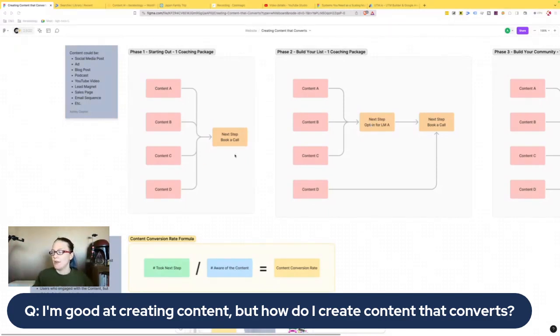So the core thing is that one step only. There's a reason why I'm not saying, hey, download my lead magnet or book a call, because it's like, well, which do they want me to do? It's easier not to do anything. Because you'll hear me say this again, a confused mind doesn't buy.